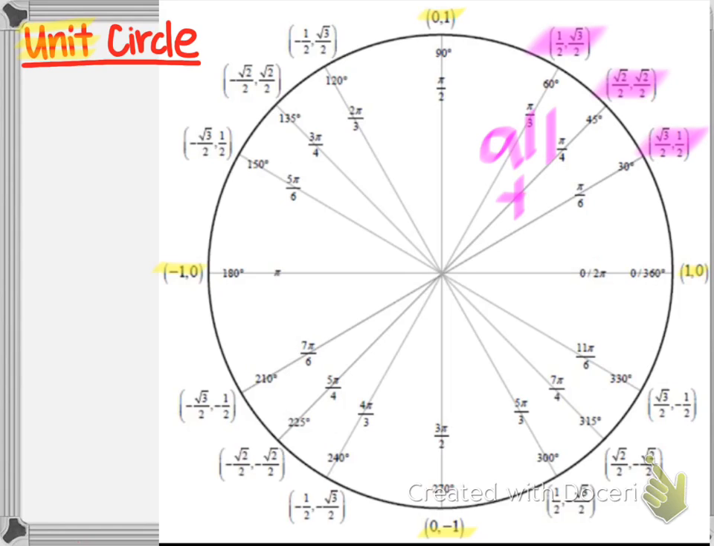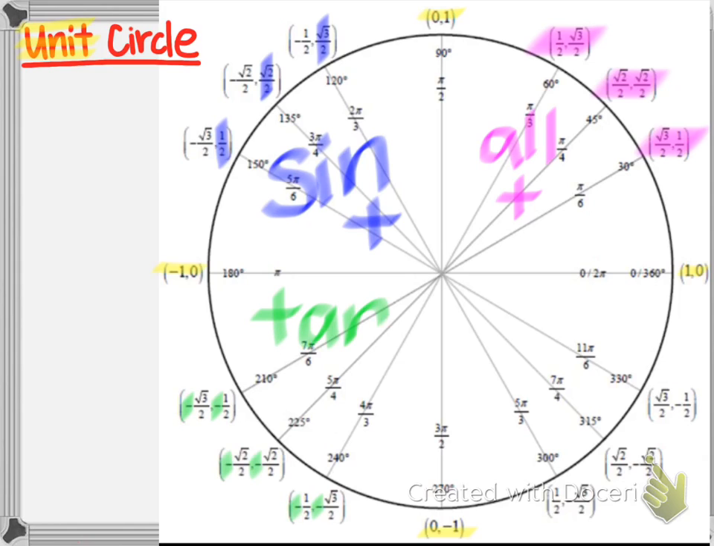So when we look here in the first quadrant, all trig functions are positive. When we look in the second quadrant, in the blue, the y coordinates are all positive, so the sines are positive. When we look here in the third quadrant, we notice that they're both negative, which would mean then that the tangents are positive. And then when we look in the fourth quadrant, we see the first term, or the cosine,